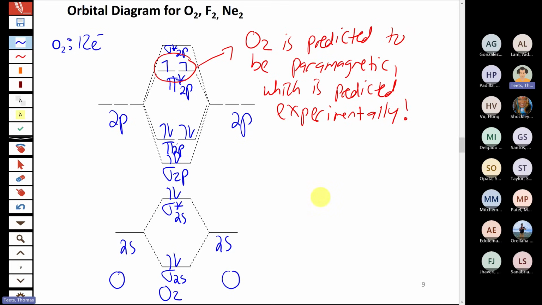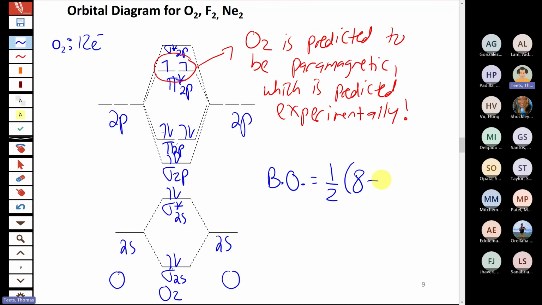We can also calculate the bond order, as we said. So it starts with a 1/2, and then what we do for bond order is we take first the number of electrons that are in bonding orbitals. So there's 12 total electrons in oxygen, O2. So how many of those are in bonding orbitals? We have the 2 down here in sigma 2s, 4, 6, 8. So all of our bonding orbitals are filled. So there's a total of 8 electrons in bonding orbitals.